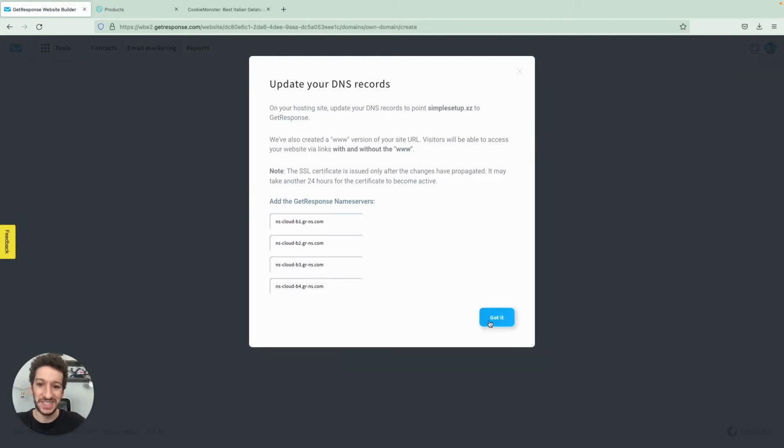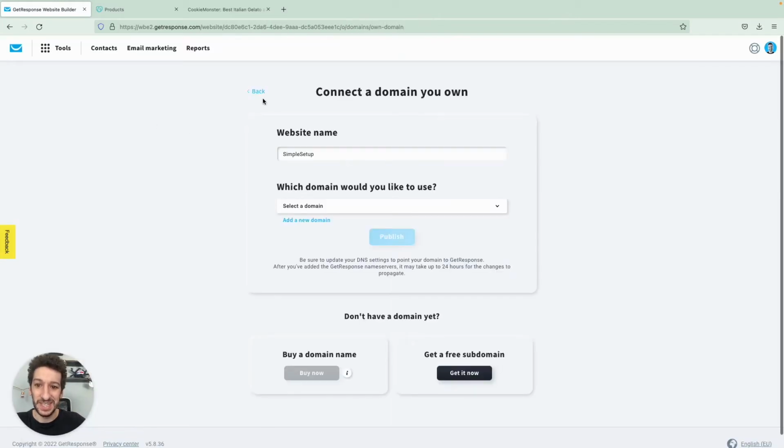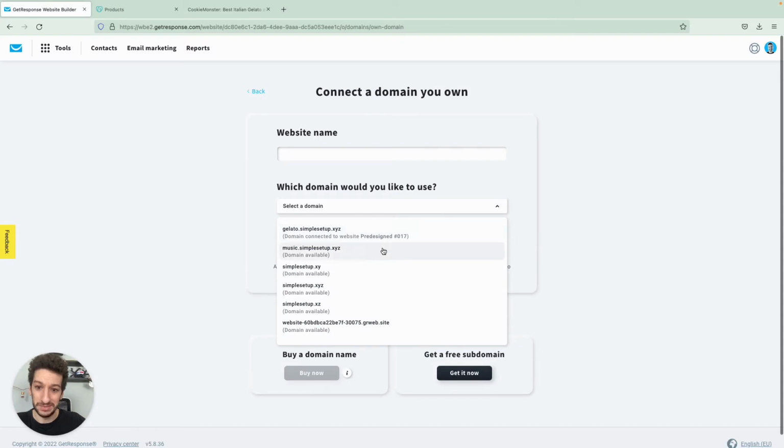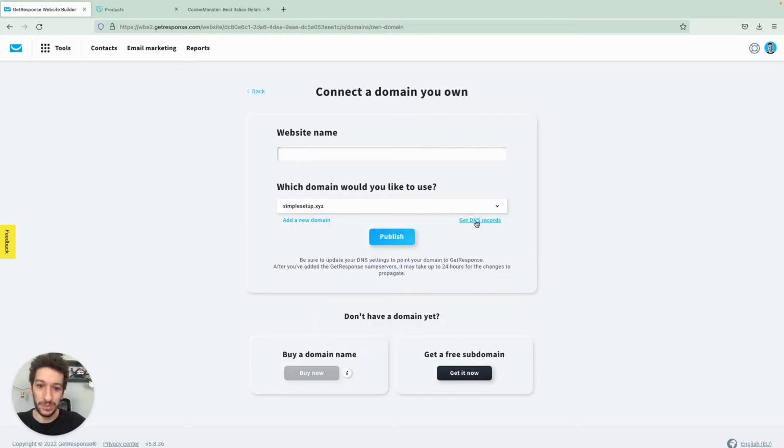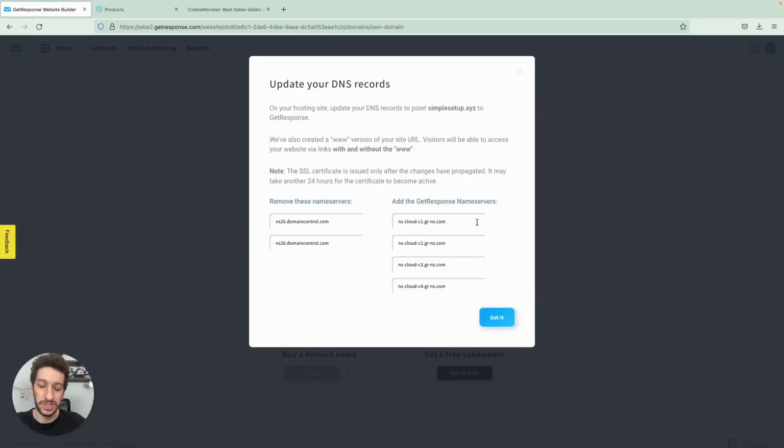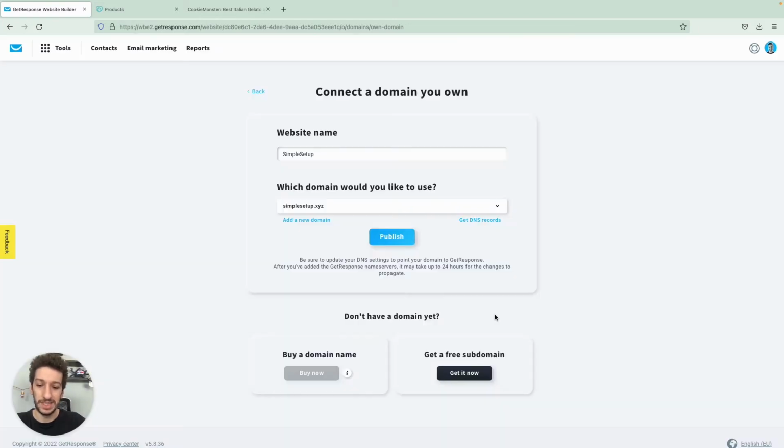And let's say got it. Let me now select my domain, the one that I added before, as it is the real one, and you will do the same. If you already have your domain assigned here, you will just click to get your DNS records. Otherwise, if you just assigned one like I exemplified, you will have the records that it showed before. Let's see, got it. And now let's jump to our domain provider.